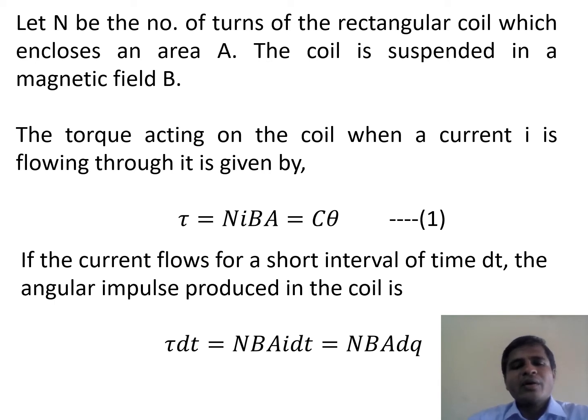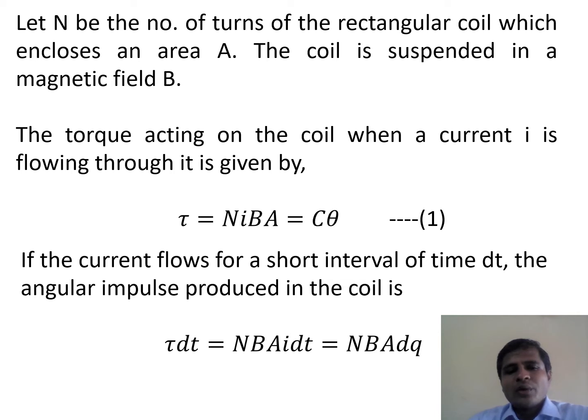This magnetic torque in turn induces a deflection or oscillations on the rectangular coil. This oscillation or the deflection is directly proportional to the magnitude of the current that is flowing to the coil. So therefore, the torque acting on the coil when a current small I is flowing through the coil is given by